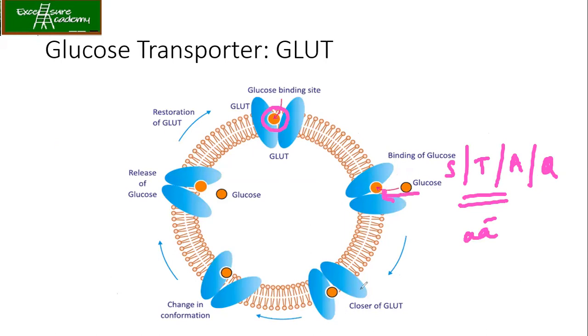Now what is happening? It is getting closed. So this is the closed form of your GLUT. Remember I said 2 conformations are there. So that becomes closed. Now what is happening? Change is there. Okay. So when we talk about the change,